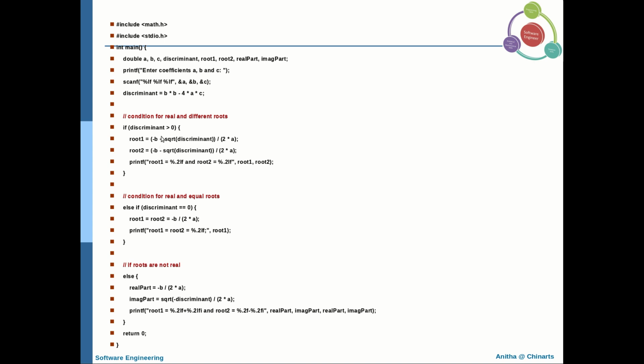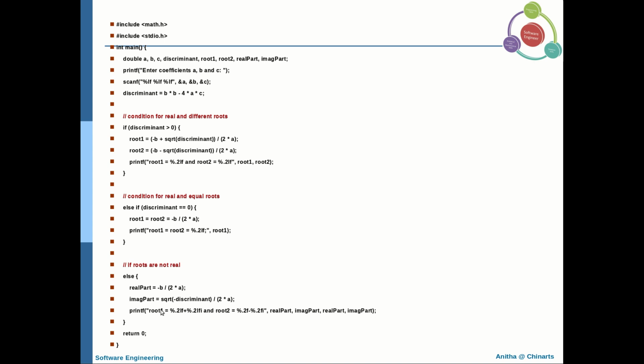After executing these three statements, it goes to the last statement, which is return 0. So what is the execution flow for the D value greater than 0? Statement 1, 2, 3, 4, then statement 5, then statements 6, 7, 8. After 8, it goes to the exit statement of the program. That means all these other statements will be skipped. That is what you call execution flow.